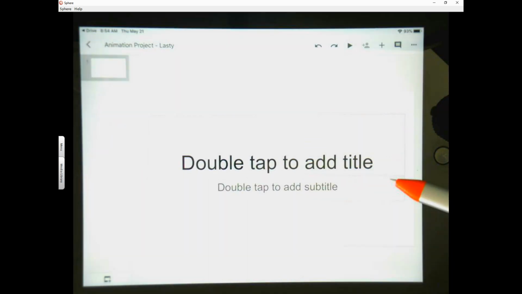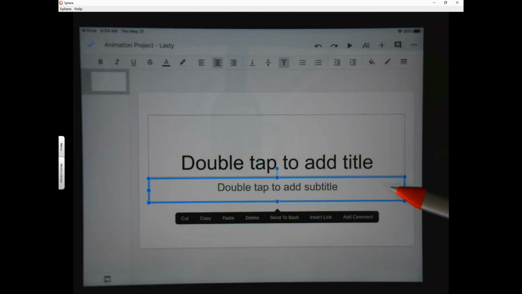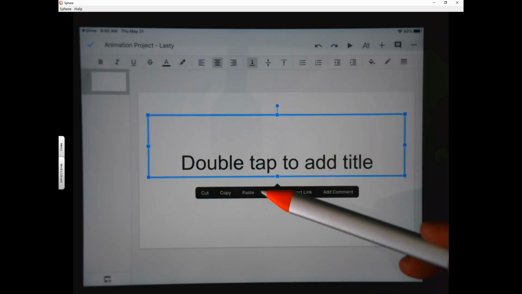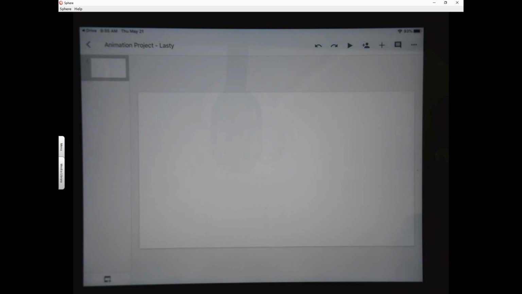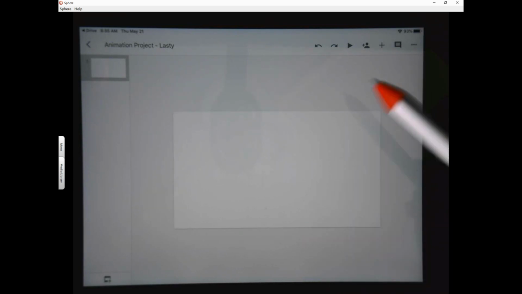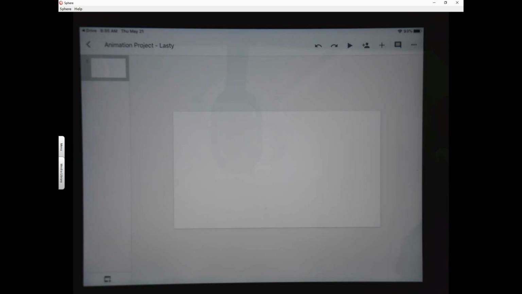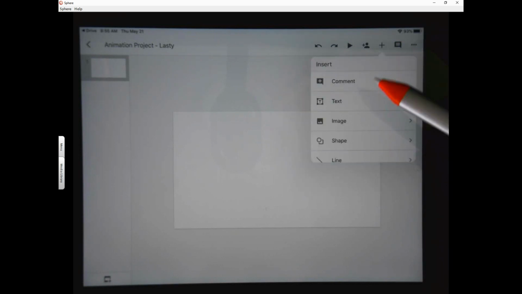So this gives us our new one, and the easy thing to do in the very beginning is just start with a clean slate. The neat thing about this is as you pinch in all this gray area over here, I think some of you may have realized that when you do a presentation, that gray area just doesn't record. It's not something that shows up when you play. And so if I were to create a shape over here,